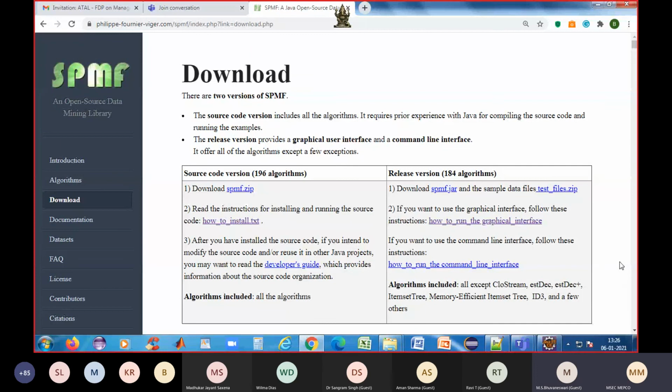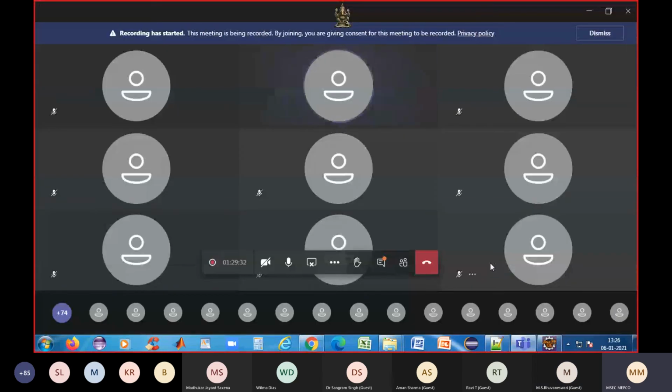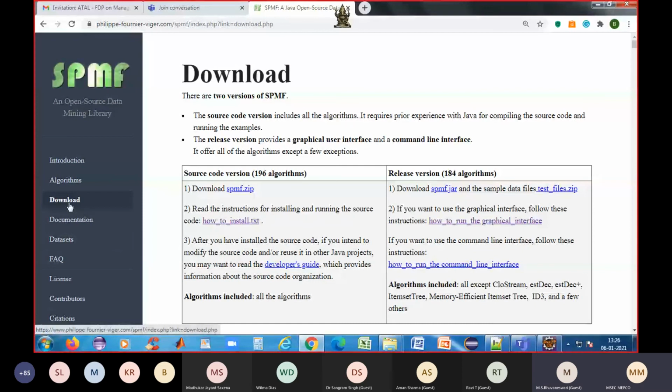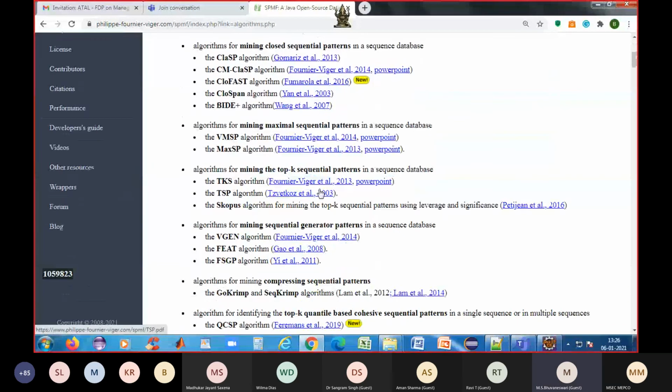Madam, you gave an excellent topic, but you gave only the open source example on SPMF, and we are having only Excel data in all categories. Is it possible to apply it to clustering? Is it available in open source software? They have given only pattern mining. Yes, for pattern mining, all the algorithms are available, so for that we can make use of it. For that alone, the coding is available.